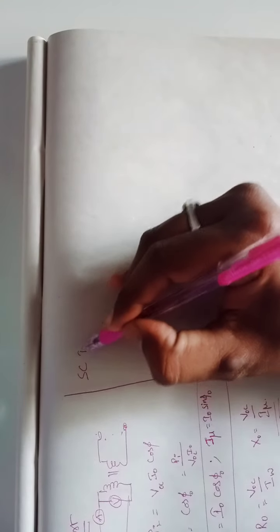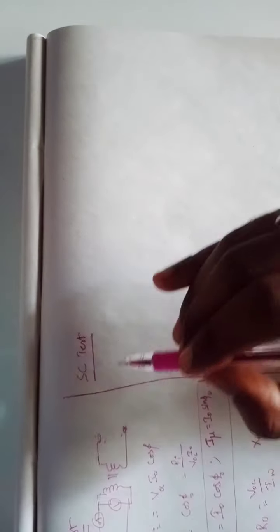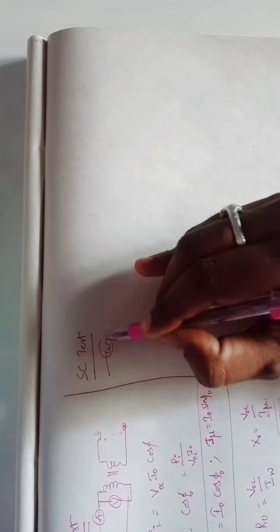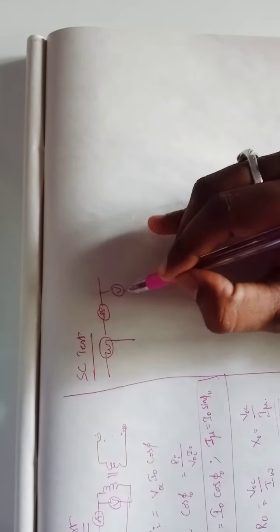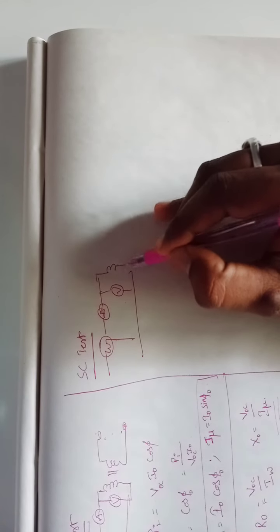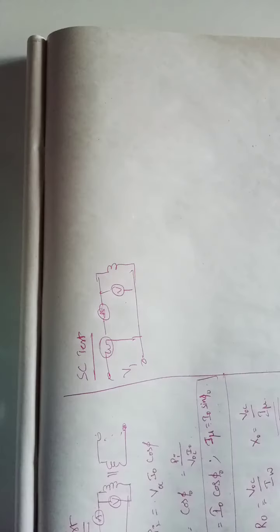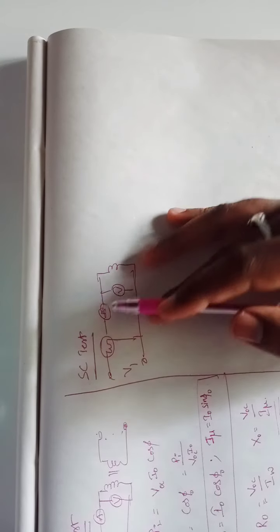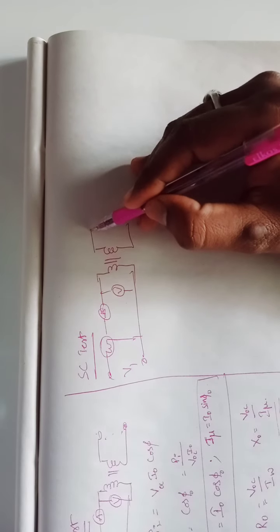So now come to the SC test. It's a very important test. In the SC test, you are making the same arrangements, with a wattmeter here, an ammeter here, and a voltmeter. There are little complications even in these circuits, such as placing the wattmeter here or after these meters, but that is unnecessary for diploma level and ITI level students.